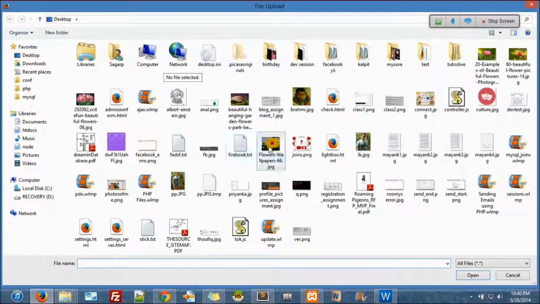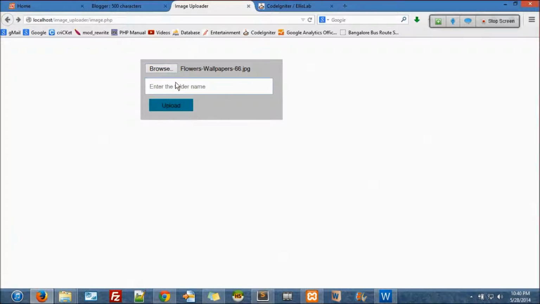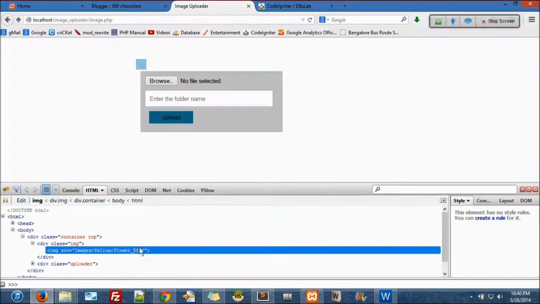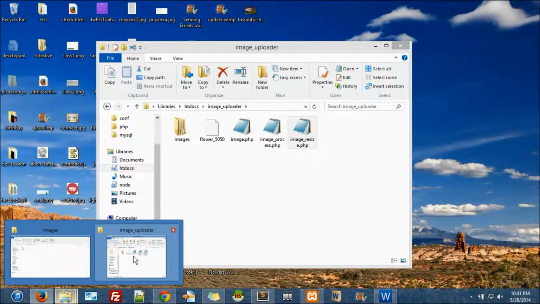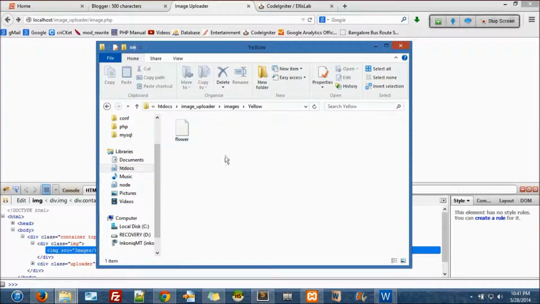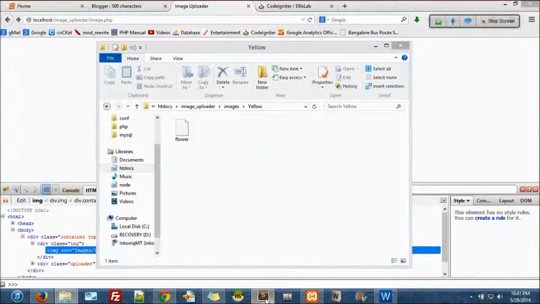So my bad, I have to put them outside. So here the folder is yellow. Okay, I'll say upload. Okay, it has come, but there's something wrong here. Yellow flower underscore 5050, it's there. Did it resize? In image uploader, images, yellow, it did not resize.